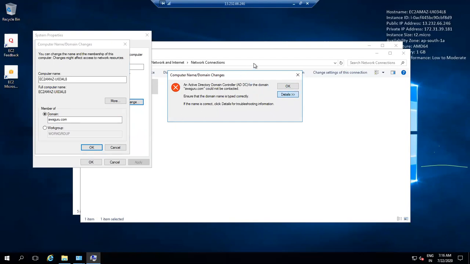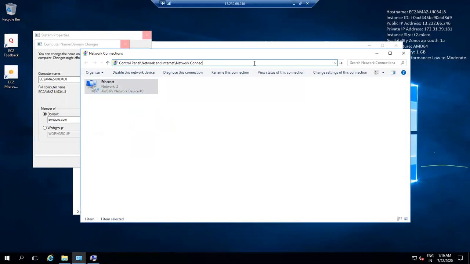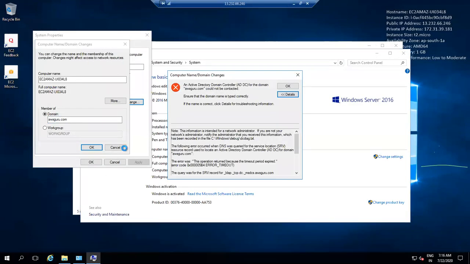You need to have a DNS entry in order to connect it. However, we can do one thing.